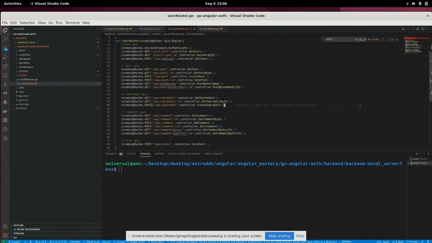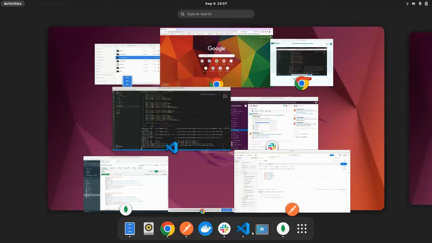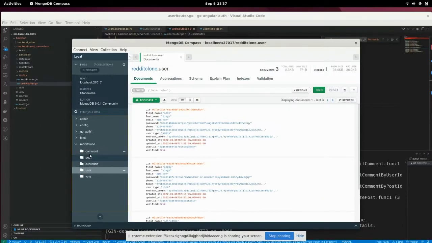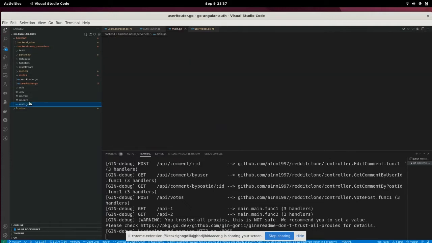Hello everyone, in this video I'm going to show you the second version of my Reddit clone backend testing, in which I'm going to use the Go Gin framework and the MongoDB database for our code, basically in one service, with token based user authentication. And in the last part of the project I will show the serverless API integration, which includes